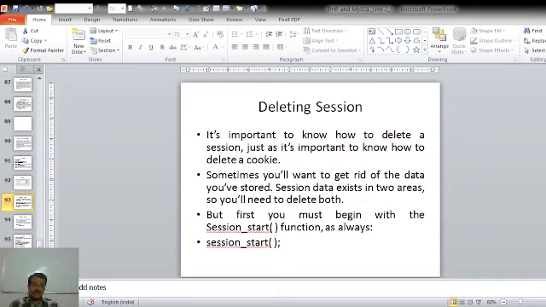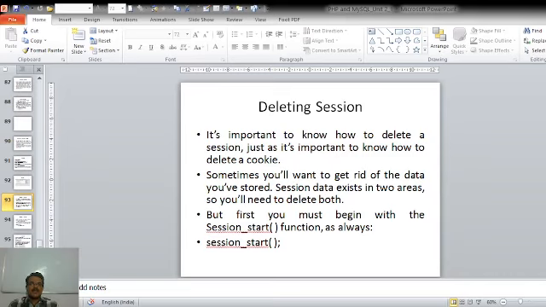Sometimes we want to get rid of the data that we have stored in the form of session. Whenever we create a session, this session data will exist in two areas, and that is why we need to delete both the entries of the session data in order to delete the entire session.